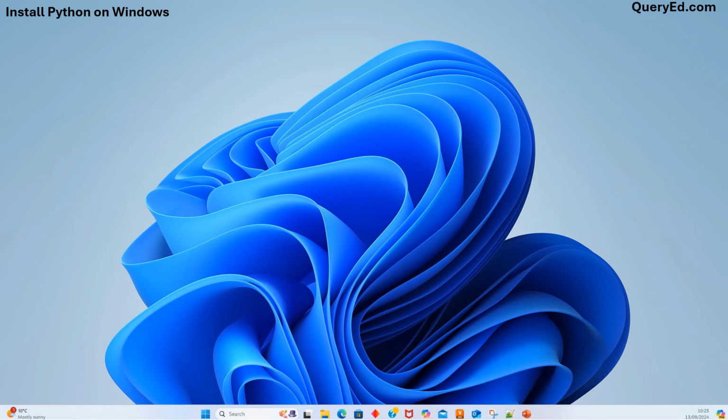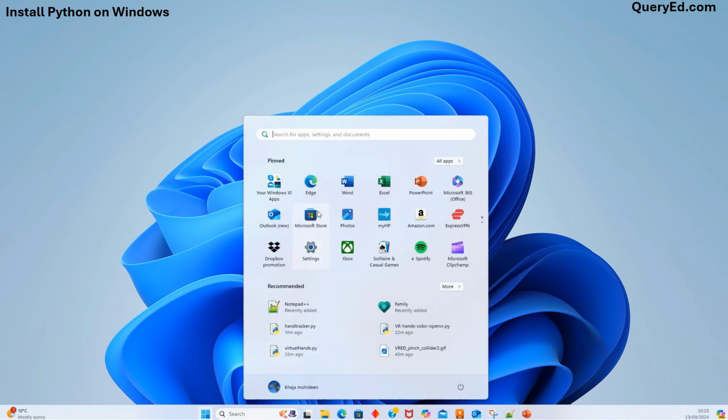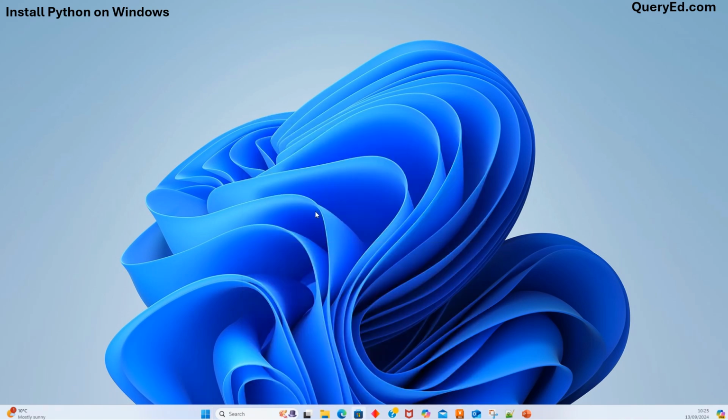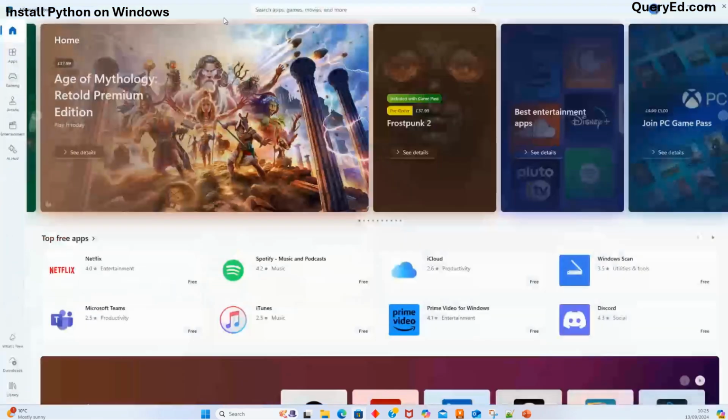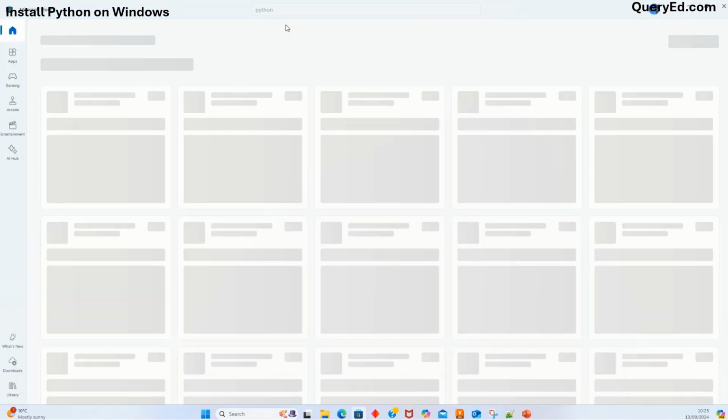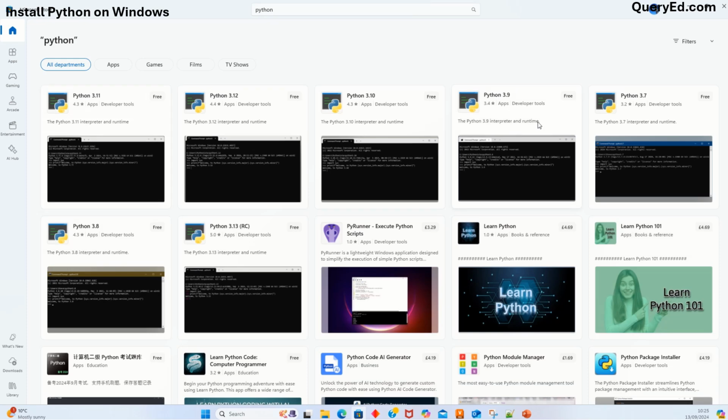Now let's see how we can install Python. The simplest way to do it is to go to your Windows and open the Microsoft Store. Then you will get this window. Here you can search for Python. There will be different kinds of versions, and whichever you need you can install, because some companies will have other versions